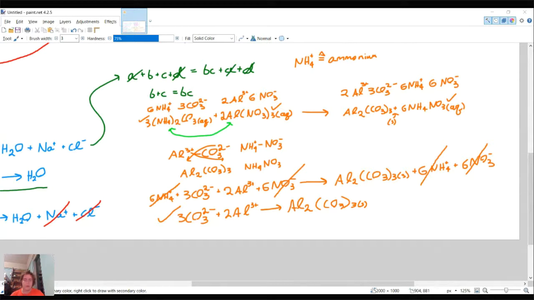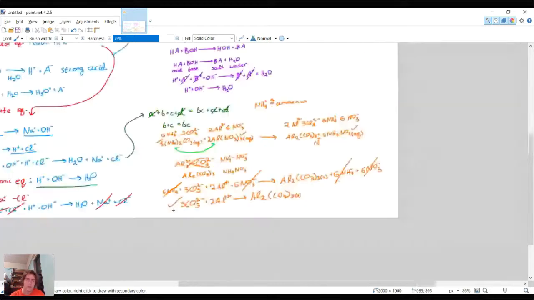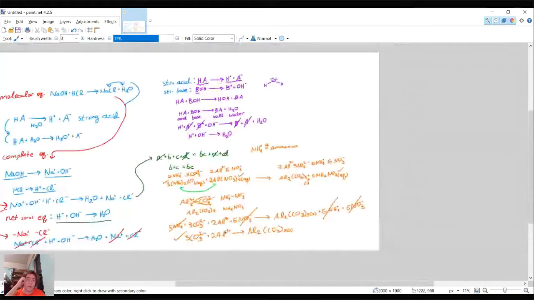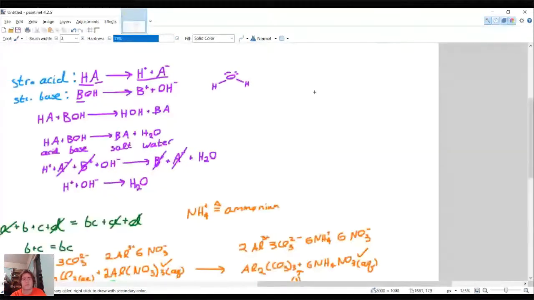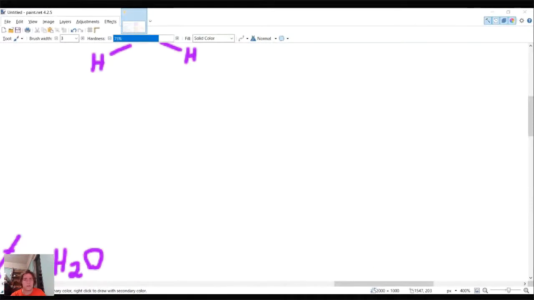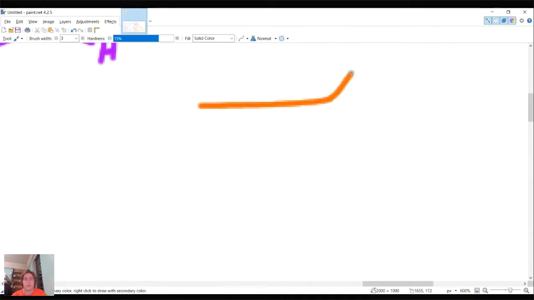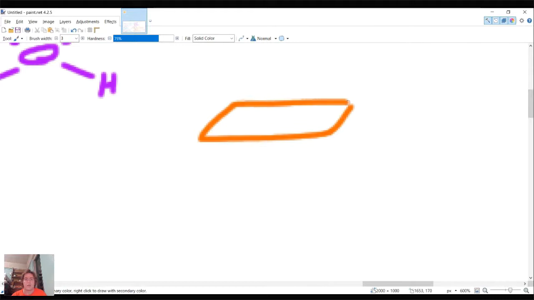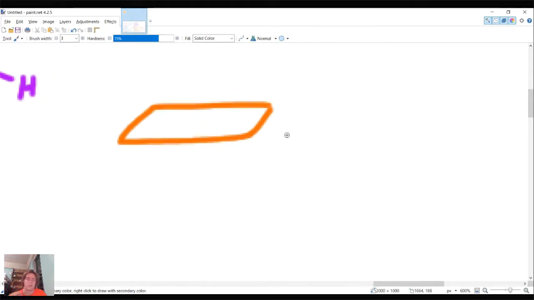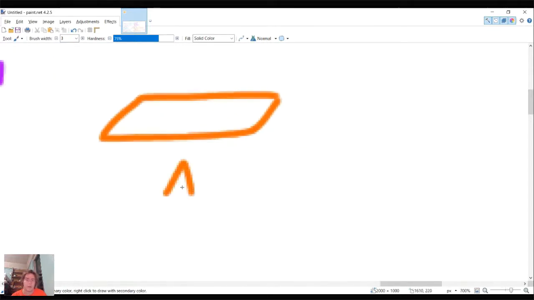Okay, cool. So we're going to talk about why something has a charge. It's implied that it's aqueous. So let's think about, well, a solid isn't going to be charged. If we have a charged solid, let's say we have, I don't know, a solid plate of aluminum, and this is Al3+.